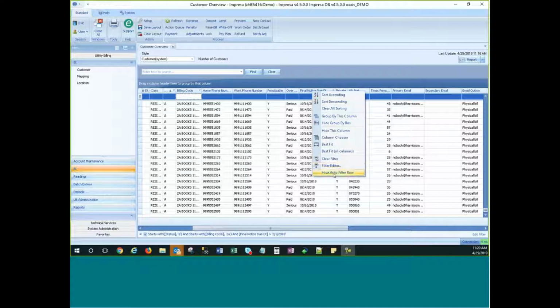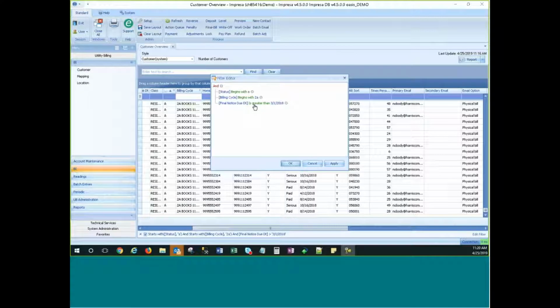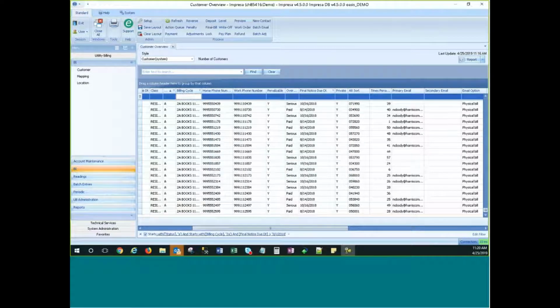So I'm going to go back to my filter editor. And if you notice, this has popped up as well, the clear filter. So I can clear all of my filters with one click and get rid of everything that's here. So I'm going to go back to my filter editor. Let's make it 8/1/2018. I'm going to apply that and say OK. So now we have fewer